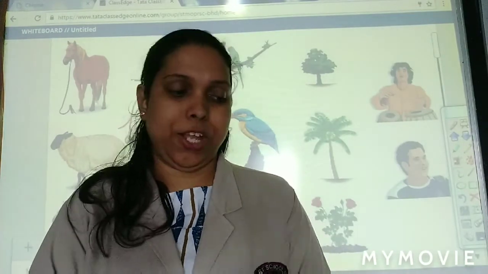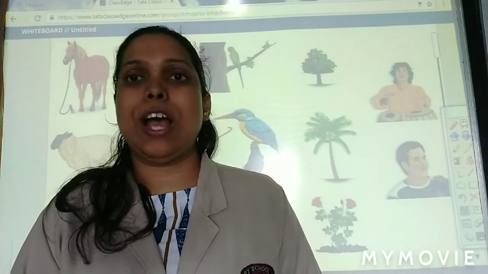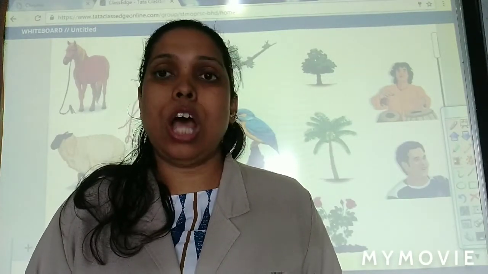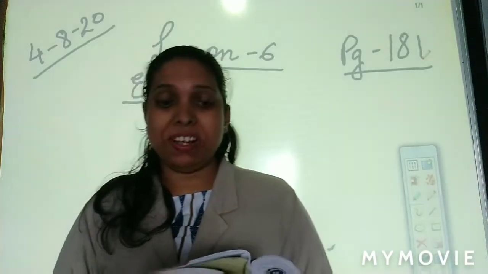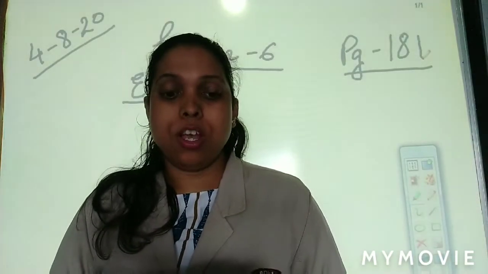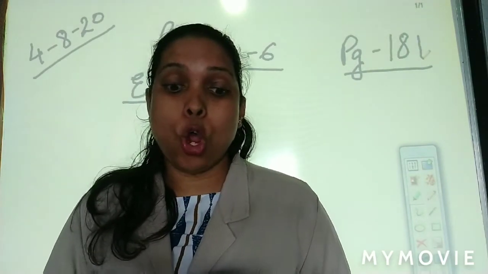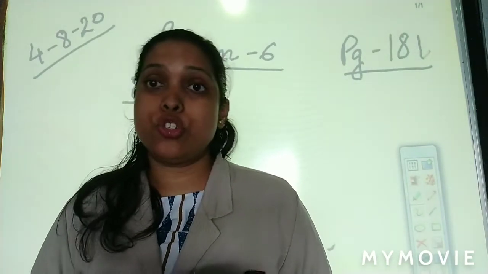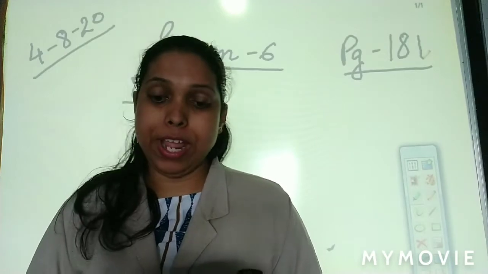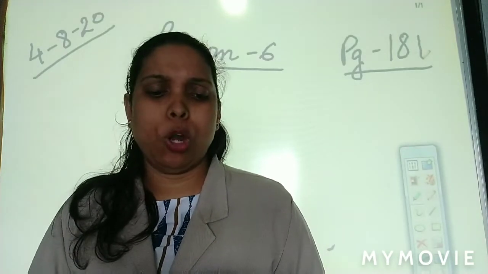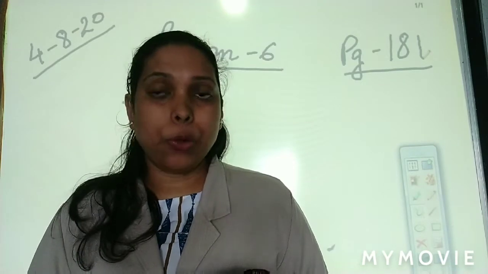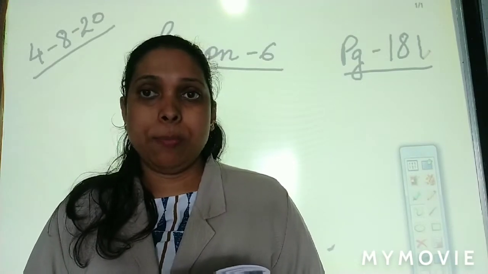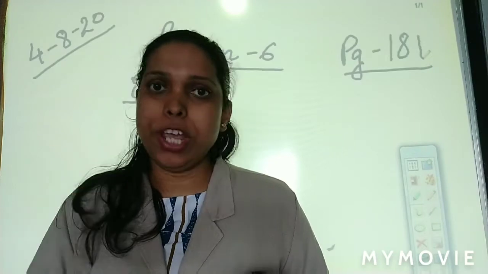Now come to the next page. Next page we'll start. Turn your pages everyone. Page number 181. Now what are they saying? Yes, on page 181 keep your fingers. Mountains, soil, table, chair, bed, desks, river, football are all non-living things. They are not alive. How do you know they are not alive? Because they cannot breathe.